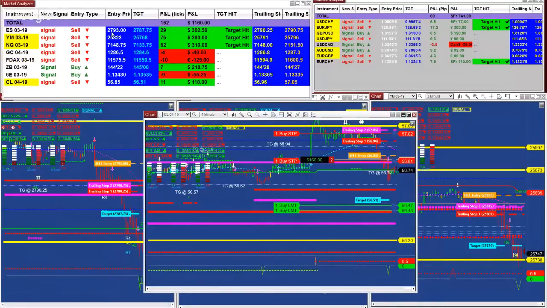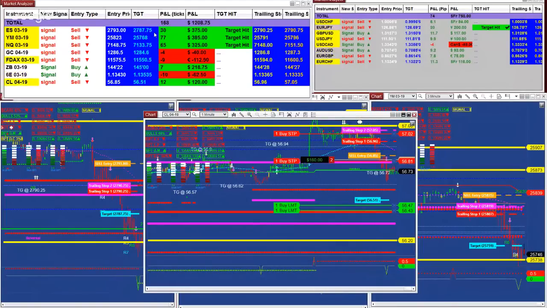As an example, we had a signal entry on the ES at 2793, target 2787.75, target hit. We nailed the last entry signal, 29 ticks. On the last entry signal on the YM, 25823, target 25768, target hit. We nailed 74 ticks,